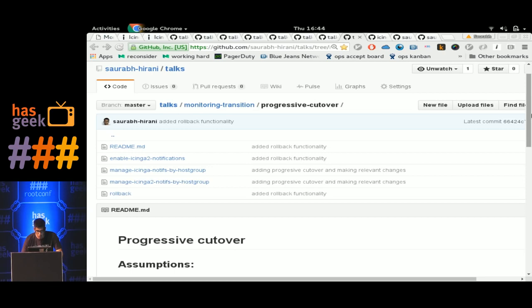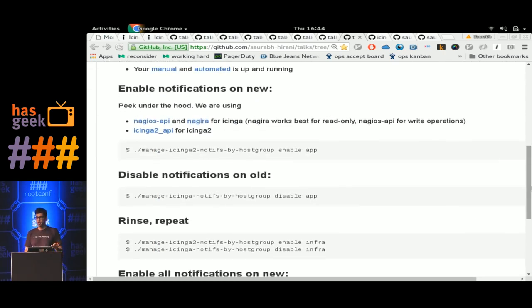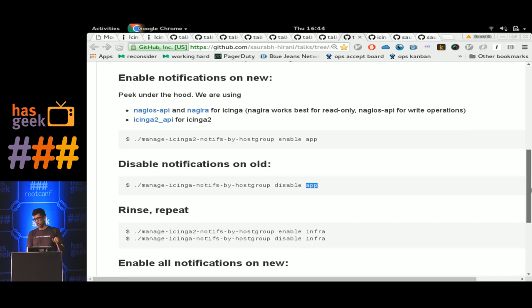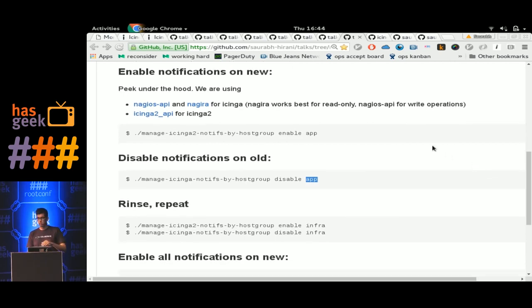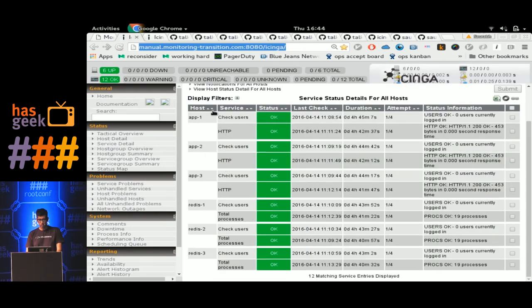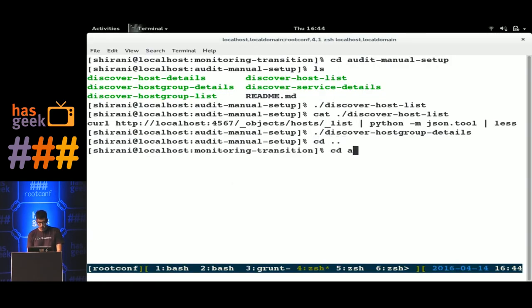So in the progressive cutover, what we need to do is a typical scenario. You want to disable one guy and you want to enable the other guy. So what you do is that you take a set of nodes, right? You enable notifications on the new guy. You disable the notification for the same set on the old guy, and then you rinse and repeat, right? So you take app nodes, you enable on the new guy, disable them on the old guy, and then you take infra nodes and do that. So let's try doing that, which means I'll be enabling notifications for the app nodes here and disabling notifications for the app nodes here. So if we do that,